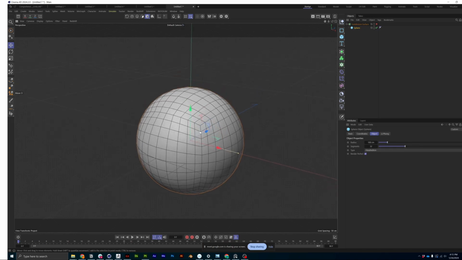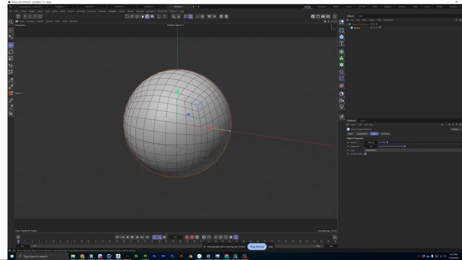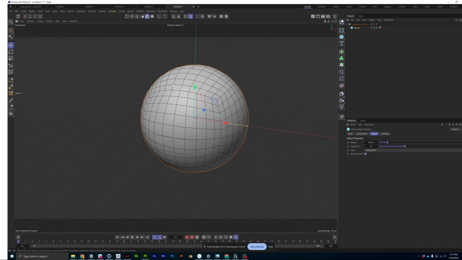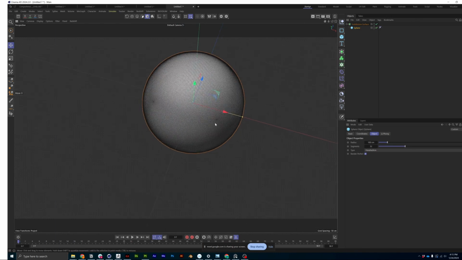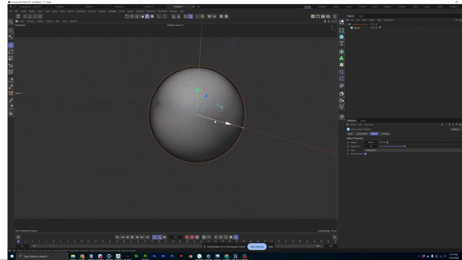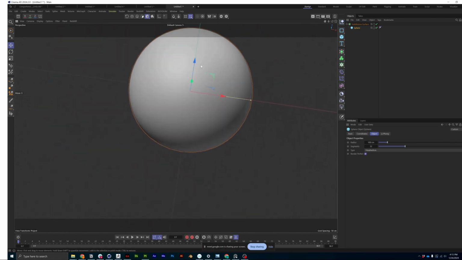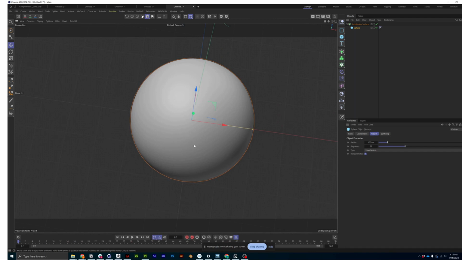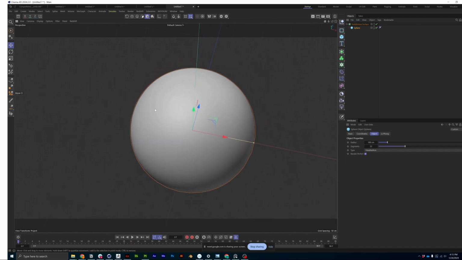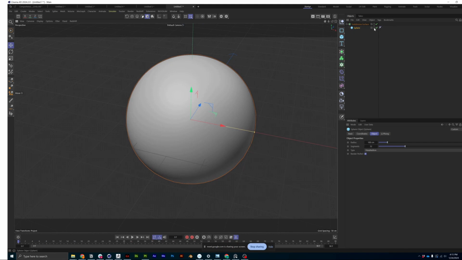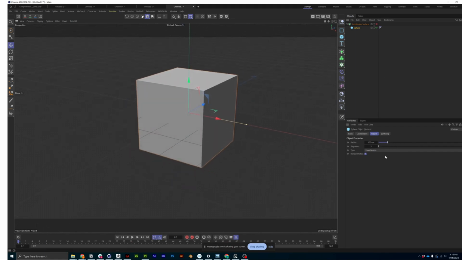Here, you can see this sphere is much better topologized as a cube if we're going to use it for a subdivision workflow. When I subdivide it, we have little poles here, but we don't get that weird sun halo effect going on, because it's topologized a little bit better. And when you break it down, if I take down the segments, it's just a cube